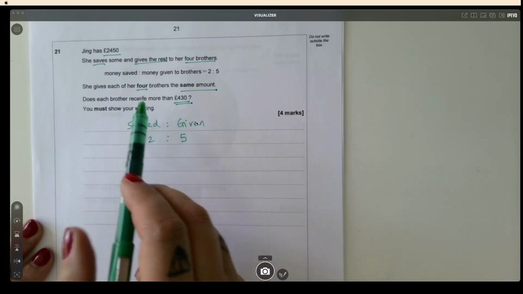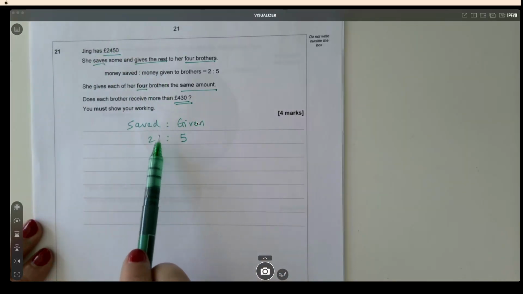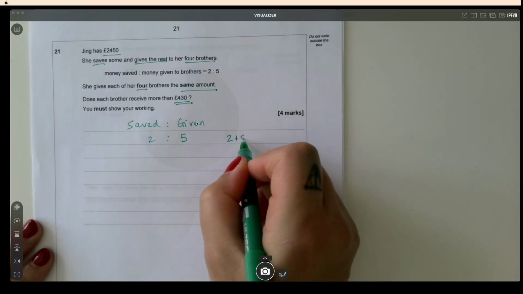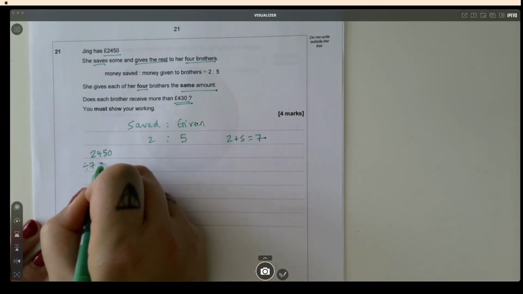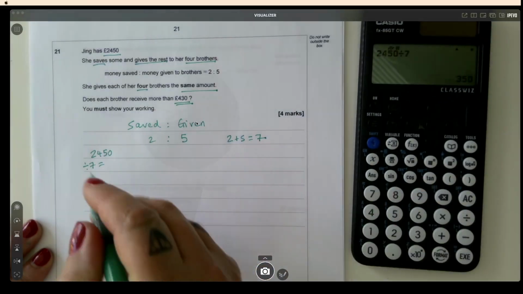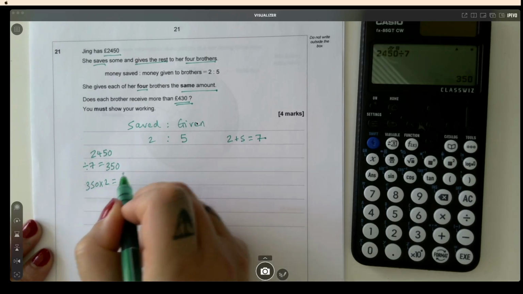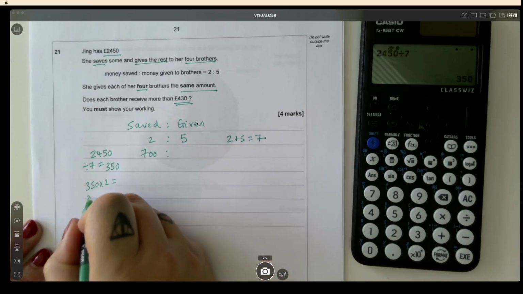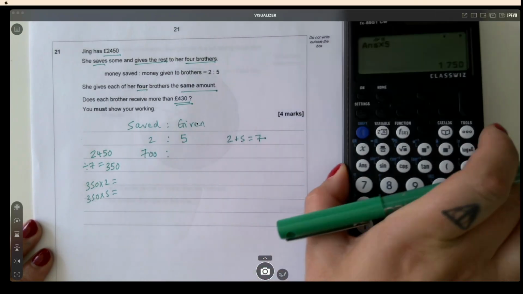So the first thing we're going to do is share the total that Jing has into this ratio so we can find out how much was saved and how much in total was given to the brothers. So 2 parts plus 5 parts is 7 parts. So we're going to do 2,450 divided by 7, which is 350. 350 times 2 tells us that she saved 700. And then 350 times 5 says that she gives the brothers